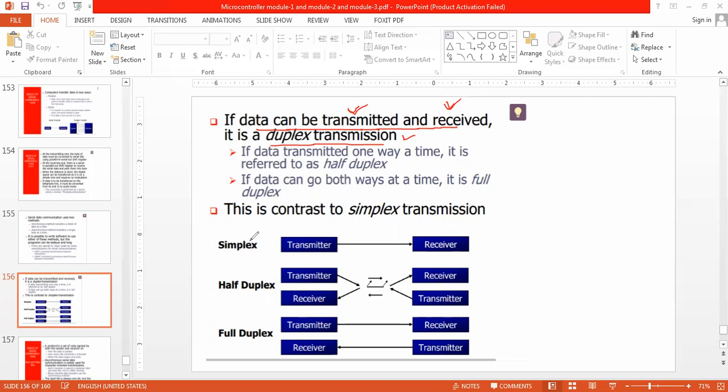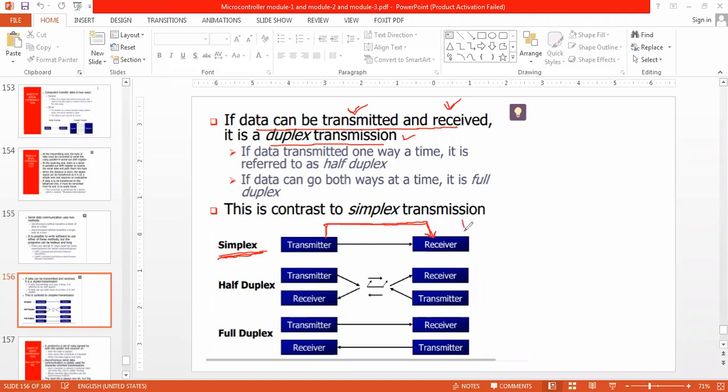What are the different types of transmission? One is simplex transmission. So what is a simplex transmission? Where only a transmitter and a receiver are there. The transmitter will always send the data, only on one side, and the receiver will receive the data.